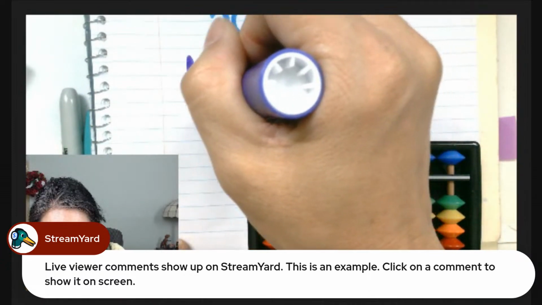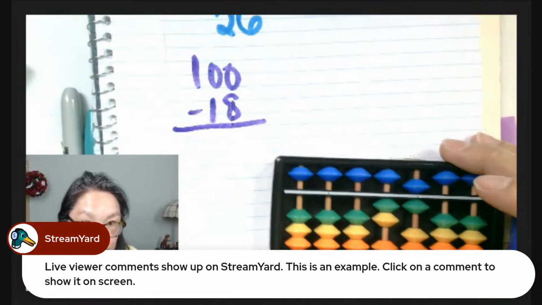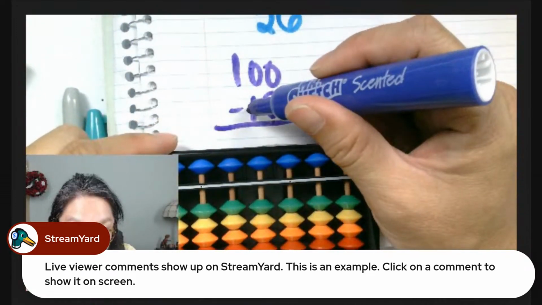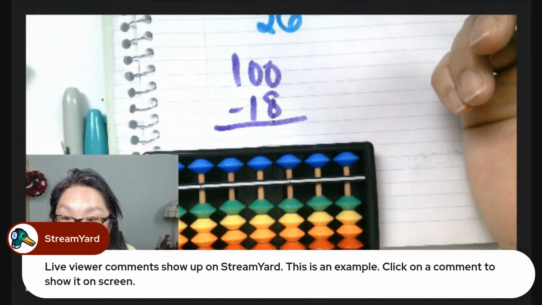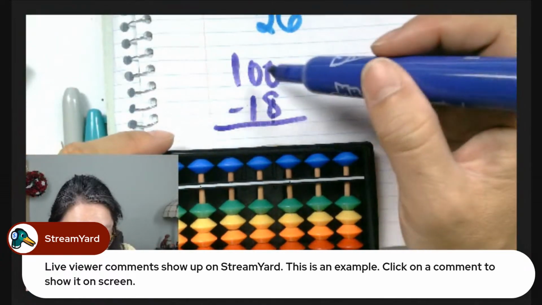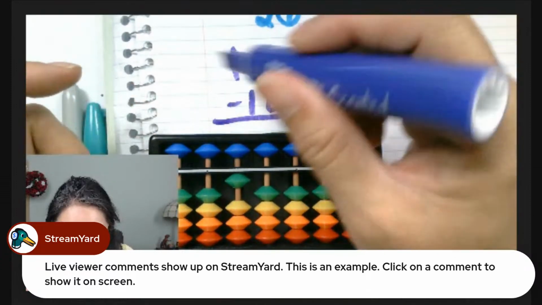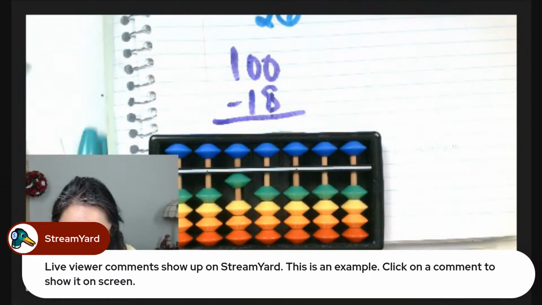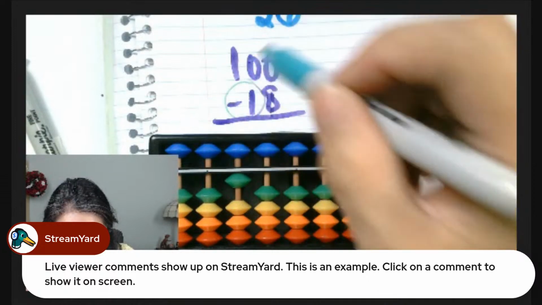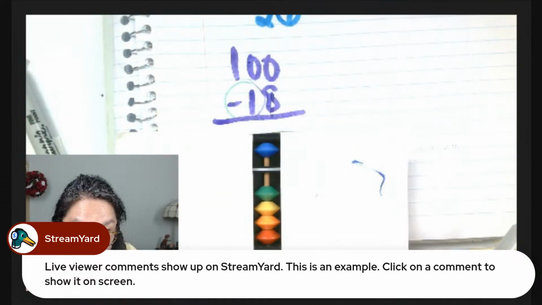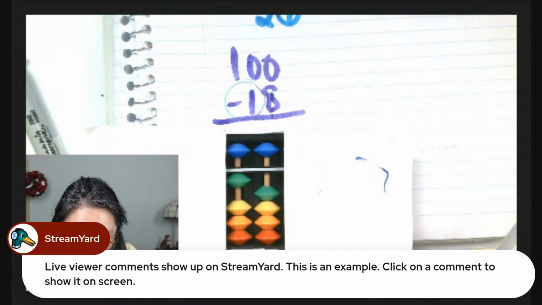100 minus 18. So the first thing we're going to do, and I like it because we actually go from left to right, just like how we read, left to right. So what we're going to do is 100, and I'm going to take away the 1. That's the first one I'm going to do. Can I take away the 1? No, I can't. What do I do? Minus the 1 is equal to what? Minus the 10